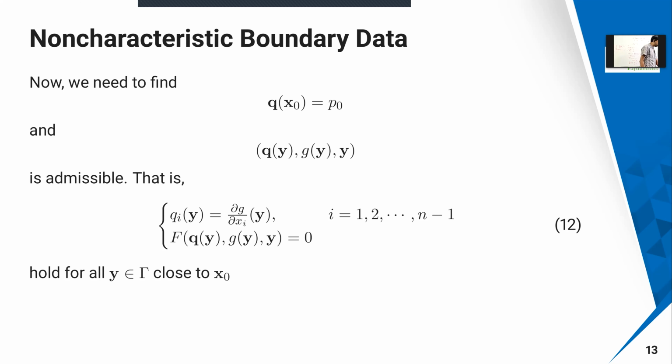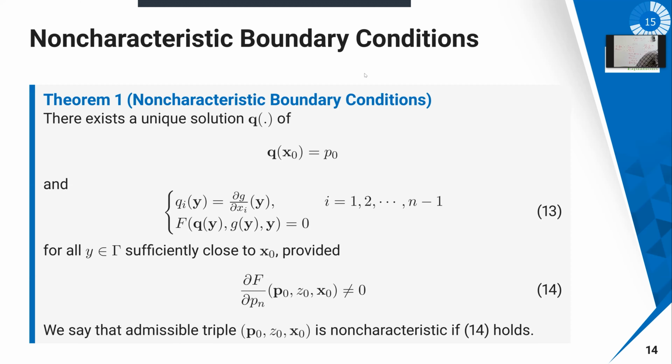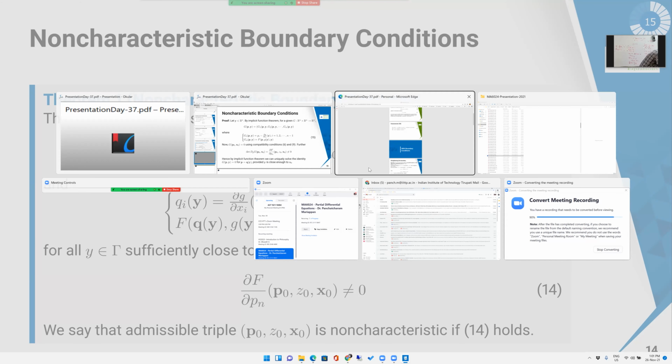So with this I will stop. Probably one problem is there; let me see. We will see it in the Monday class. What is next? Yes, there is a theorem also. How do we solve this one? What is remaining for this one is that there is a theorem available.